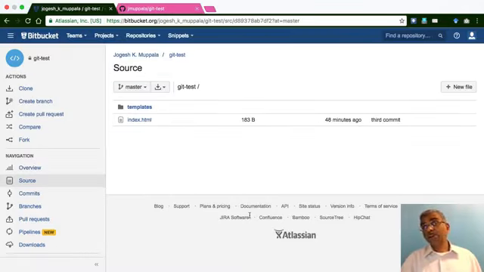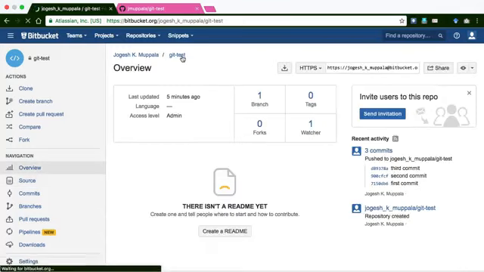So with this, suppose somebody gives you a Git repository. Can you make a copy of that onto your local one? This is where we use another Git command called git clone. So now here you see that I have this git test repository. So what I'm going to do is I'm going to go to this repository and then copy this URL. And then I'll show you how I can create a copy of that Git repository or clone this online repository